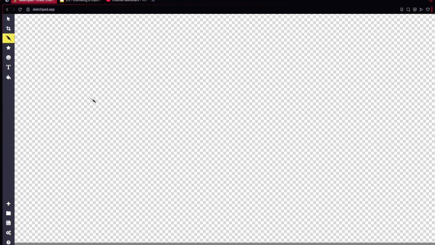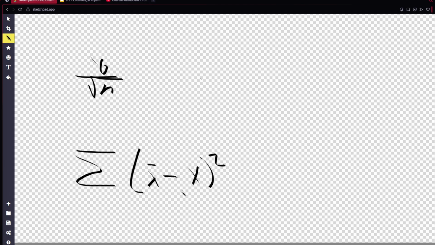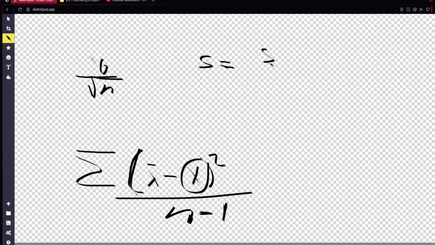So normally it's standard deviation over square root n, but standard deviation, as we know, is the summation notation of x minus the actual mean squared over n. But we need the mean here, and we don't have that. So instead, we're going to use the sample standard deviation, which is going to take away a degree of freedom, because that's how standard deviations work. So you can calculate it that way, and the standard error is just going to be the sample standard deviation